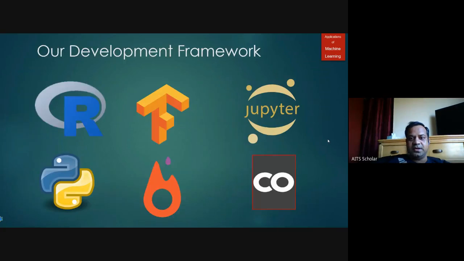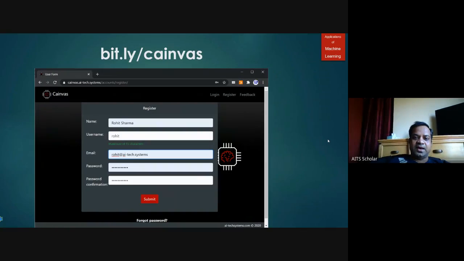Like I said, we would use a number of languages and frameworks on our platform cAInvas and show you how to develop that. And this is what our cAInvas platform looks like. If you have not signed up, go ahead and sign up now. This is the URL that would give you the access. And if you go and register yourself, we would use this platform to show off some of the models and